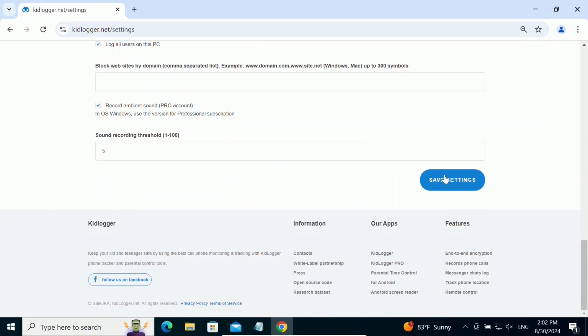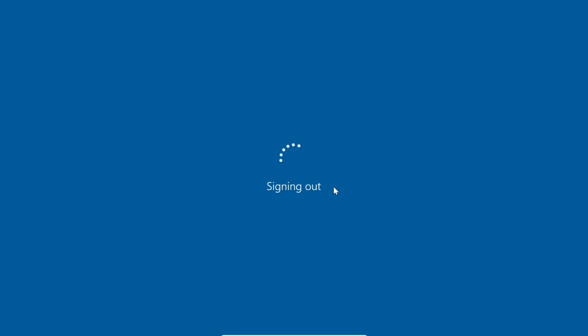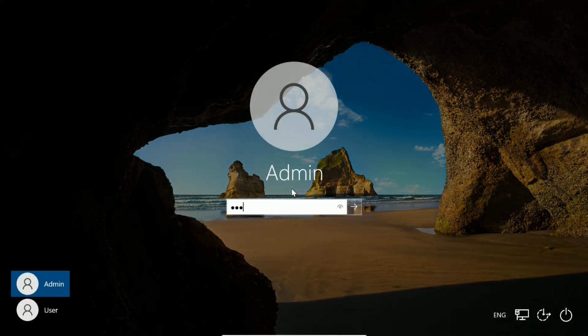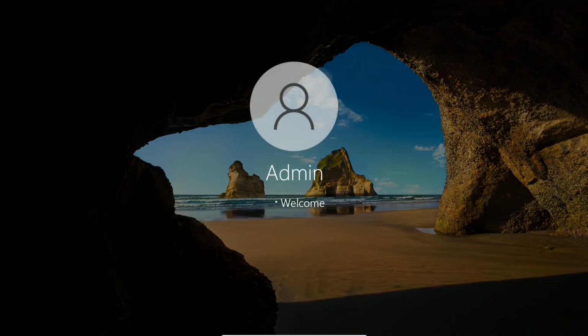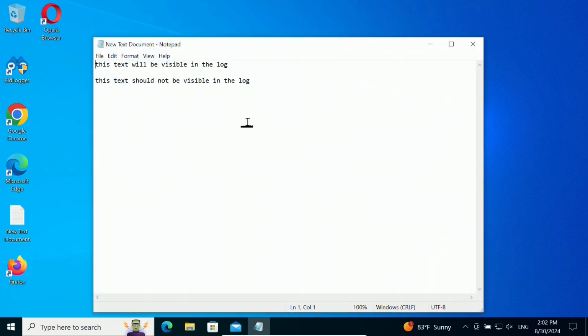Save the settings and log out and log in back into the child's user account. In a text document, type some trigger words, and the Keylogger will take screenshots based on those words.